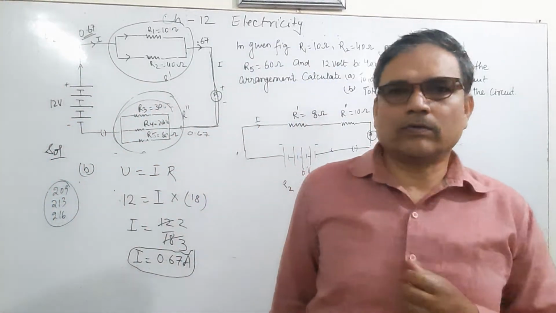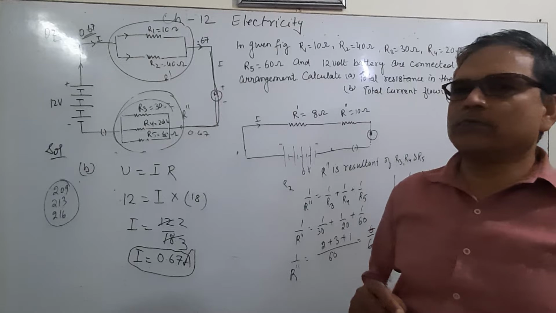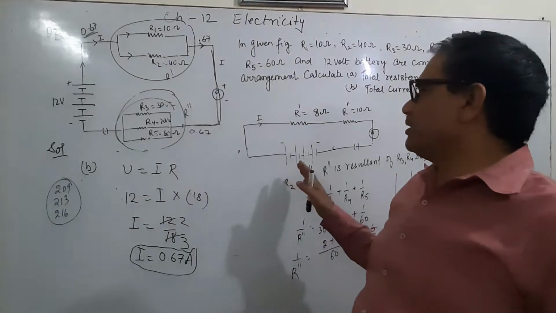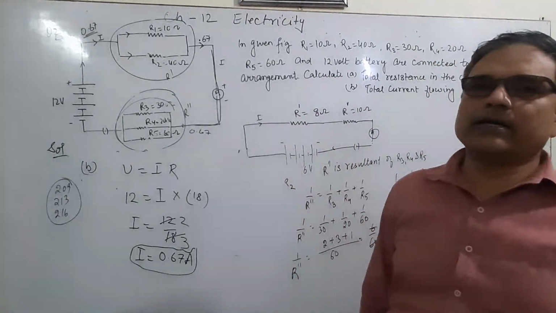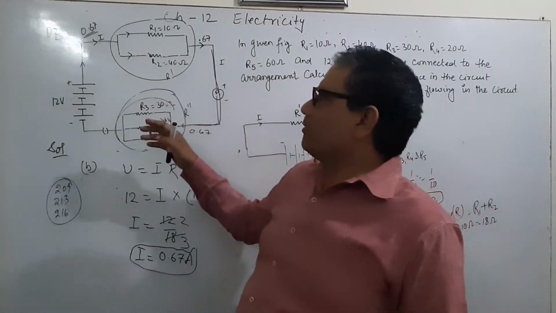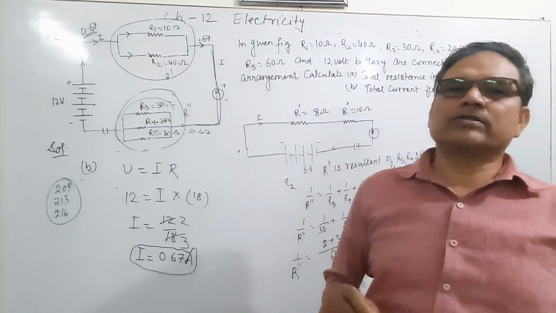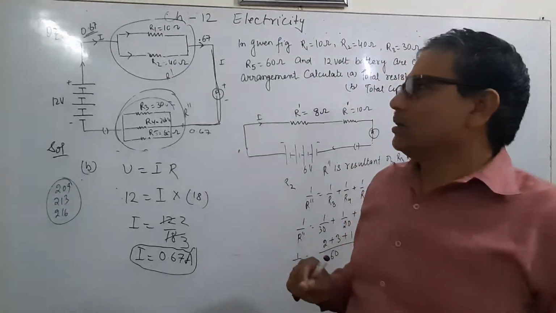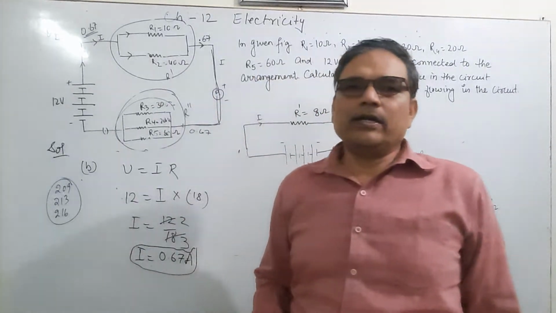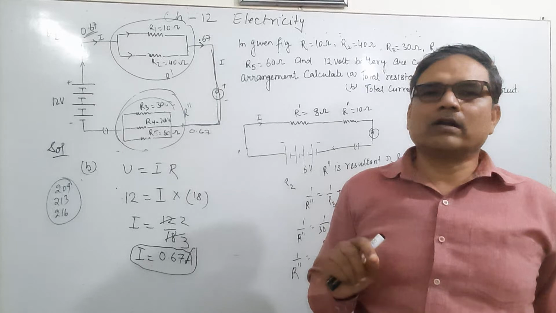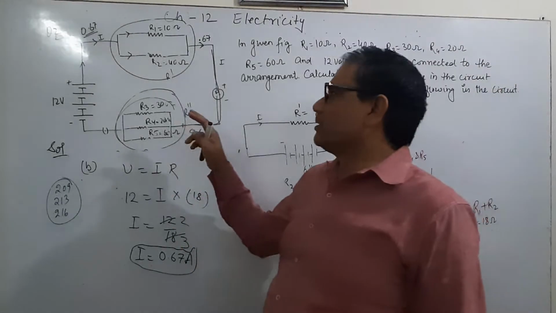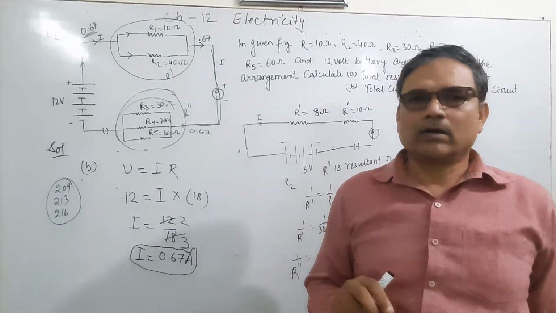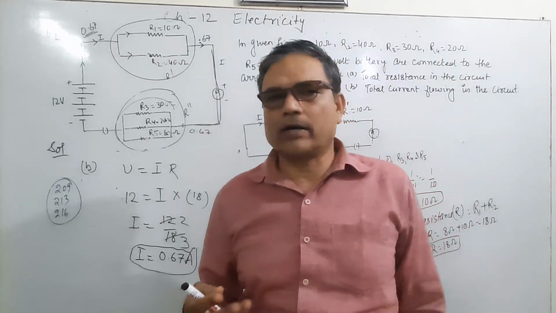In domestic use, we generally use the system which is parallel. We never use electrical appliances connected in series. Why do we use parallel? Because individual electrical appliances have individual, separate switches. In case of parallel, if one appliance does not work, that does not affect the other. And the total resistance of the circuit is always less, which helps to supply more and more current.